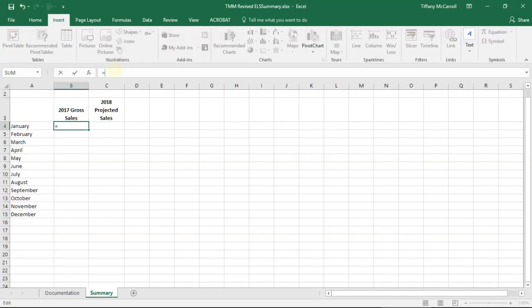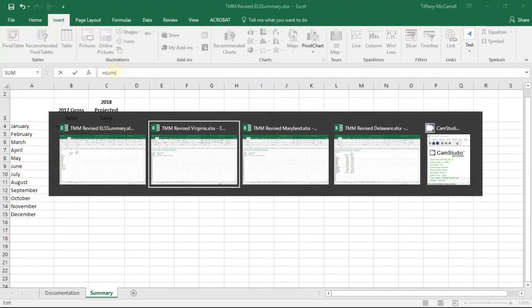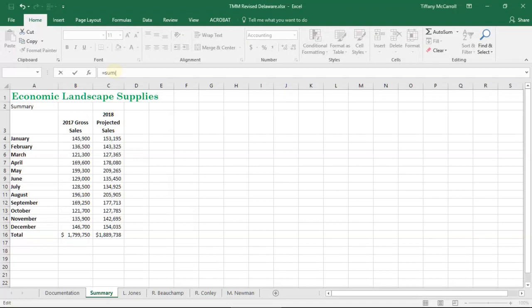Equal sum, and then we are going to go to the external workbooks. The way I'm doing this is Alt-Tab, and I'm doing it in alphabetical order to avoid confusion. So I'm going to click on Delaware, the summary sheet, and January. Now you see I've got the formula up here. Even though I'm in the Delaware, I'm going to say